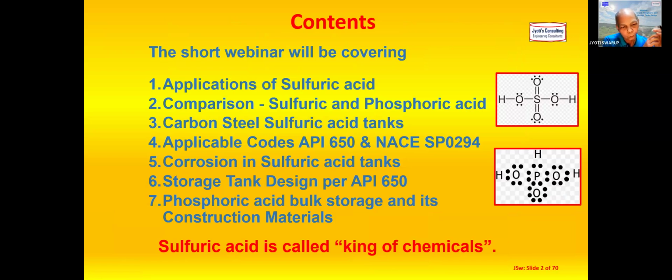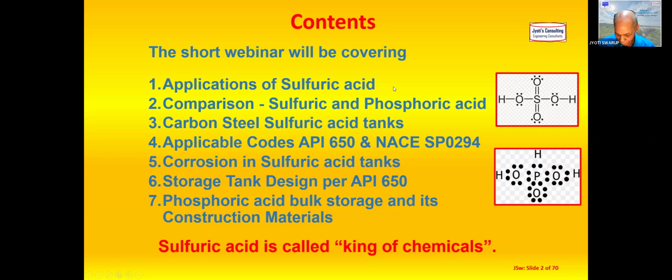So we are talking of carbon steel sulfuric acid tanks, applicable codes API 650 and NACE SP0294. Corrosion in sulfuric acid tanks, basically carbon steel tanks, storage tank design as per API 650, and phosphoric acid bulk storage and its construction materials. Now, sulfuric acid is called king of